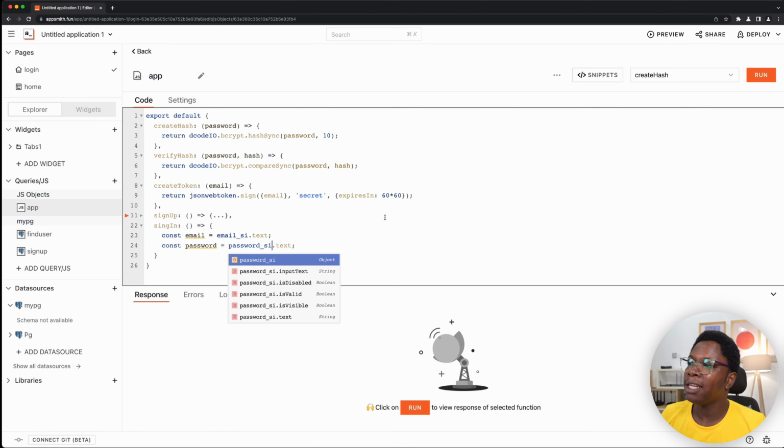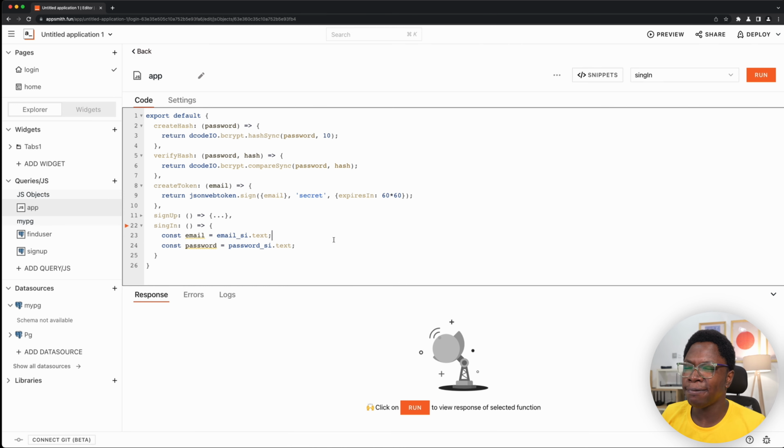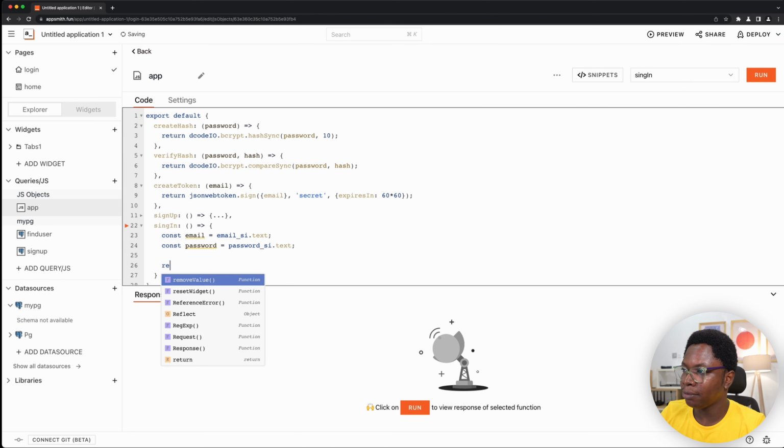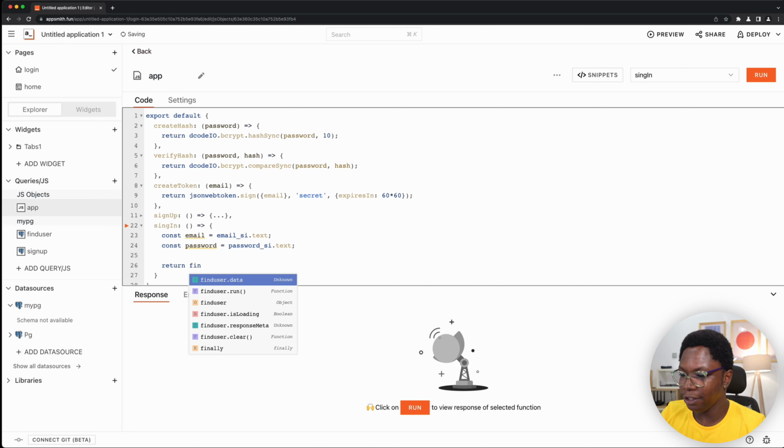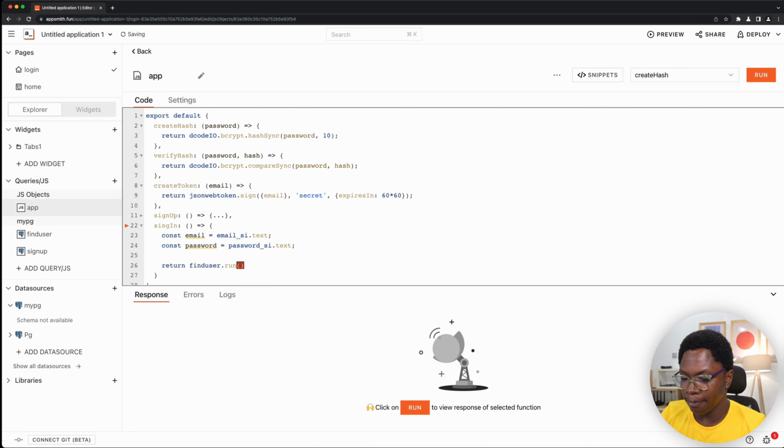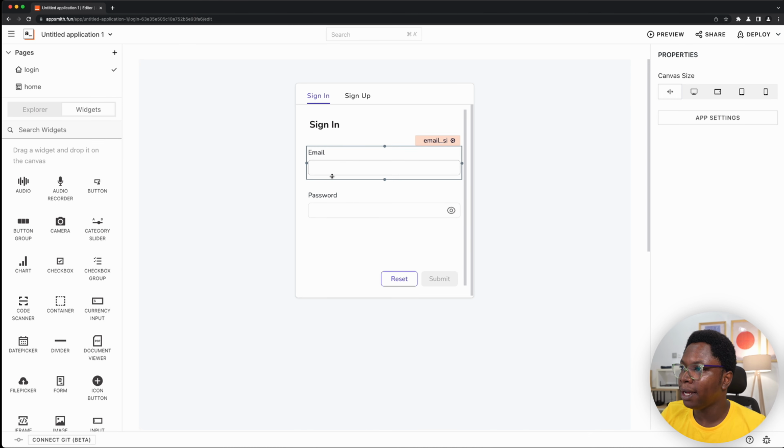All right, so now that we have the user's email and password, the next thing we want to do is find out if that user which is trying to log in exists in the database, and for that we'll be making use of the find user query. So this is going to be find user. So let's say return find user.run, and we're going to pass in that email. So this is going to be email,